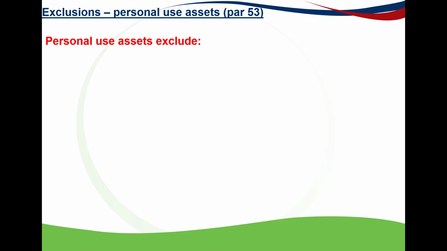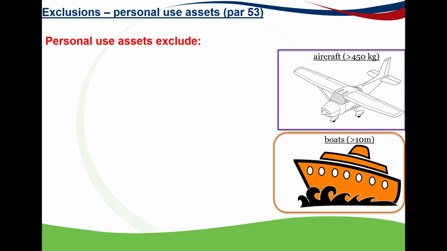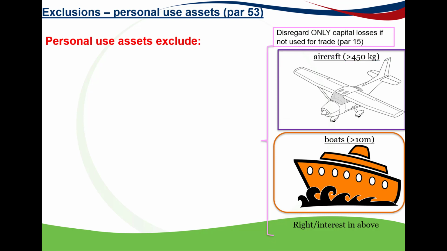The following assets are specifically excluded from personal use assets, and those are an aircraft with an empty mass exceeding 450 kilograms, a boat with length exceeding 10 meters, and any right in the above. On disposal of any of these assets, the gains will be taken into account. However, the capital losses should be